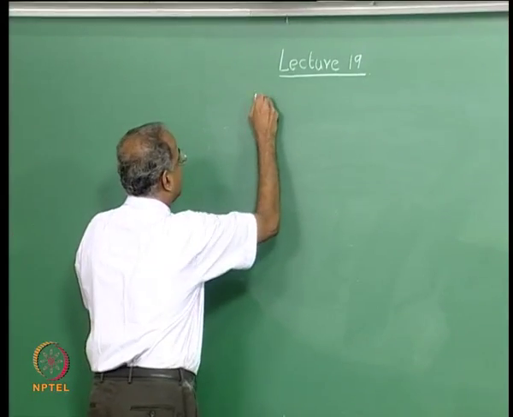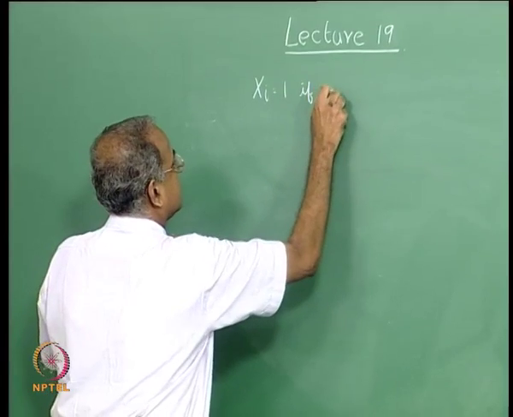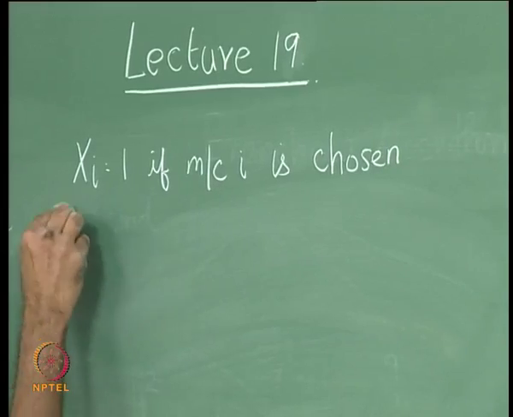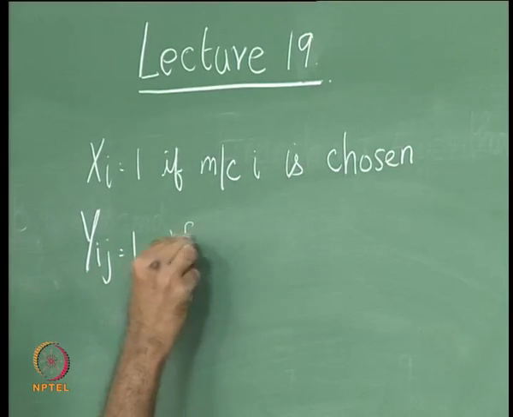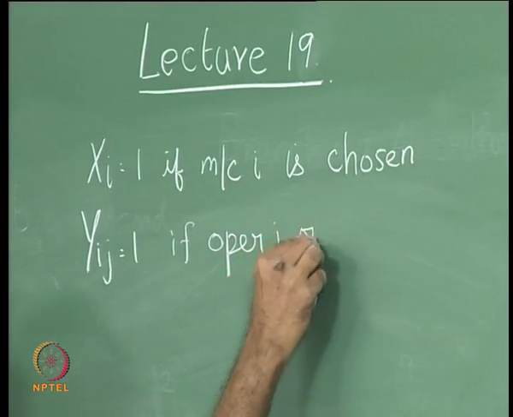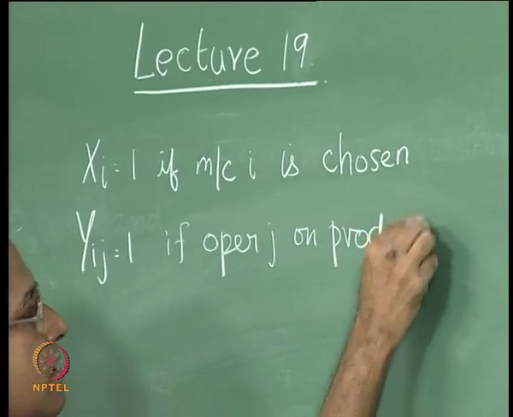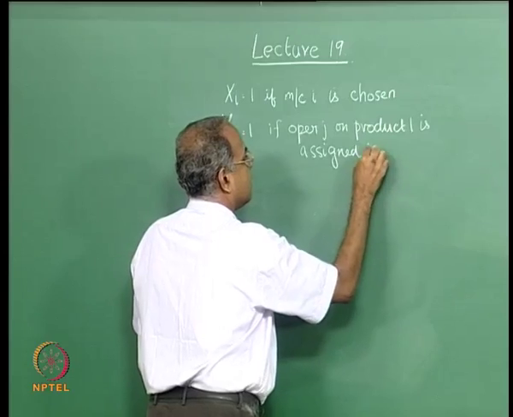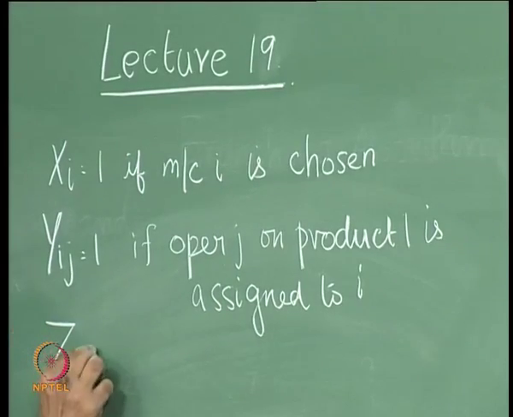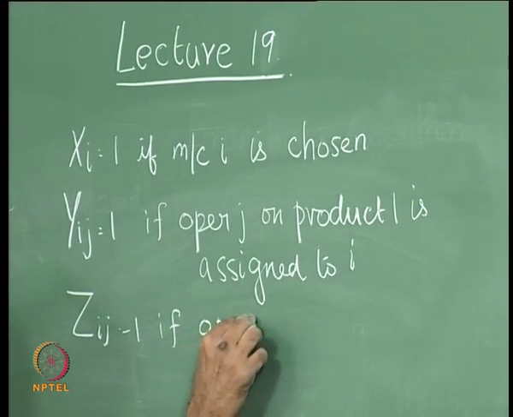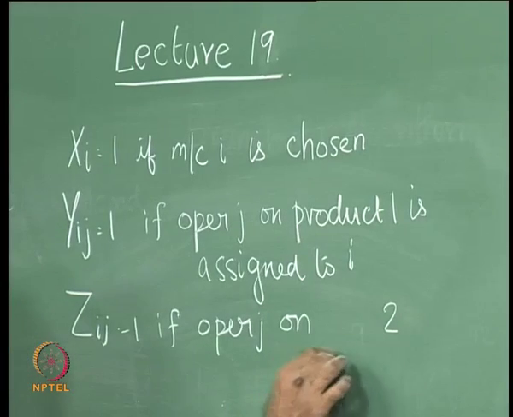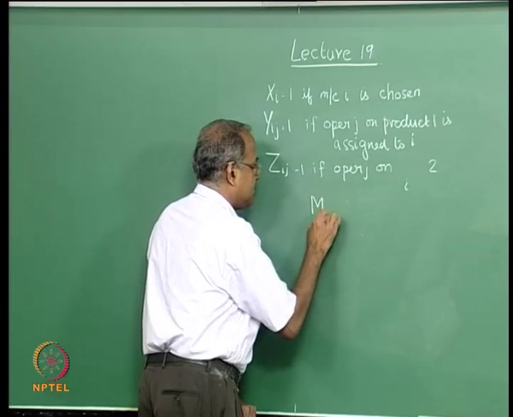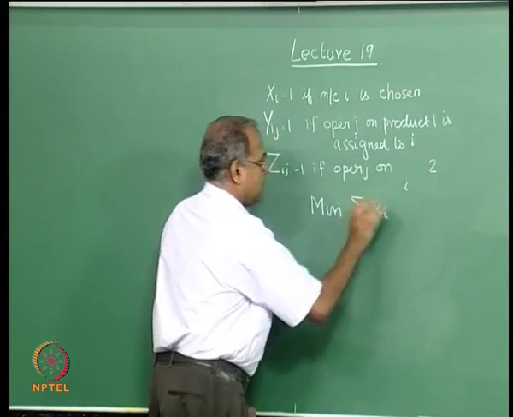So, xi equal to 1 if machine I is chosen, Yij equal to 1 if operation j on product 1 is assigned to machine I, Zij equal to 1 if operation j on product 2 is assigned to machine I. So, the objective function will try to minimize the number of machines